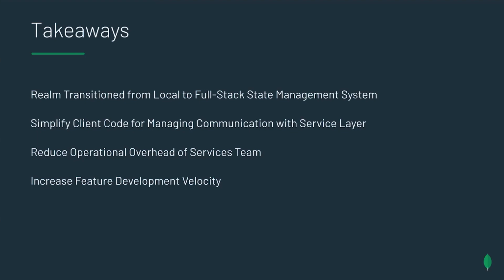That means less client code and less cognitive overhead of working on our apps. On the service layer, just to drive that home, we threw out a service that we had built and had a lot of operational overhead, and that just went away. Now we can use our partners in MongoDB to make that possible for us. That's less operational burden. The service teams don't have to deal with that.